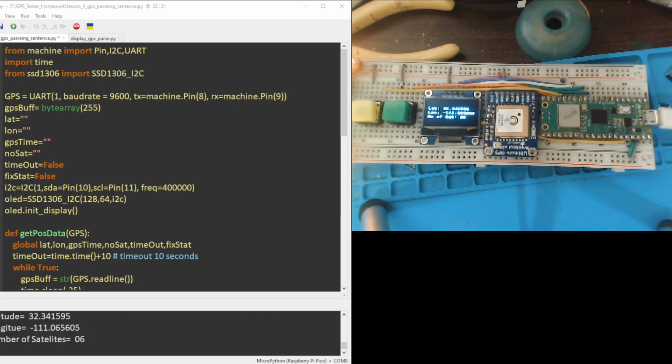This is the homework for lesson number 4 for the GPS latitude and longitude separation, for parsing out the bits and pieces of that word, GPS word. Okay, what I did was